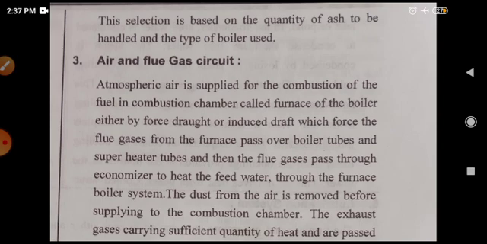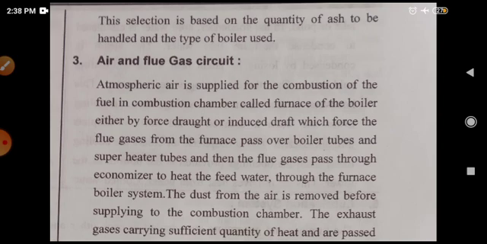Okay, that means the air carrying tubes are passed through these flue gases, which absorb some heat. Okay, which gives the heat to the air. And then again it may be naturally or forcefully exhausted through the chimney. Now, the air cycle. Now, air preheated at this air preheater is supplied to the furnace.